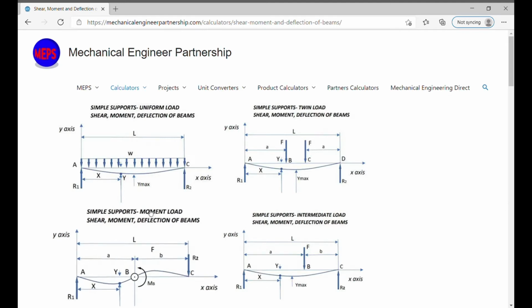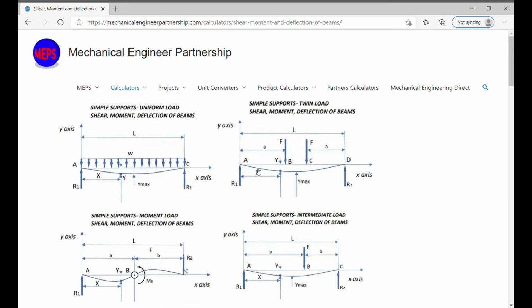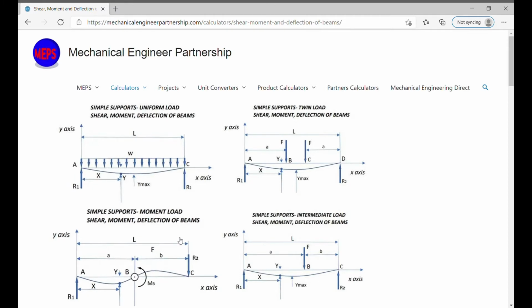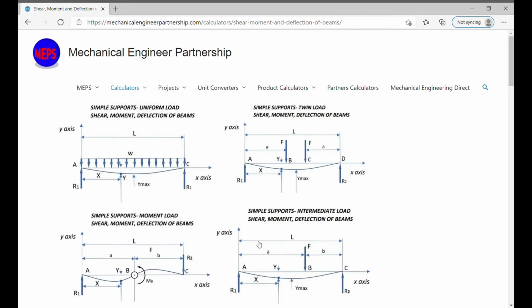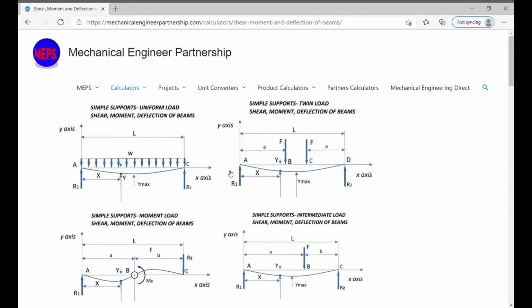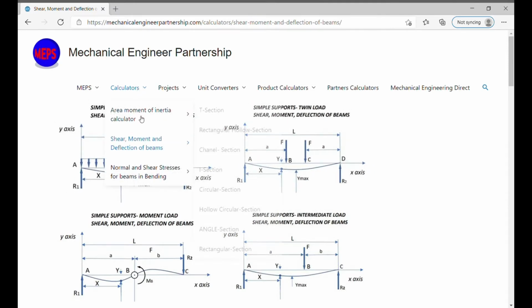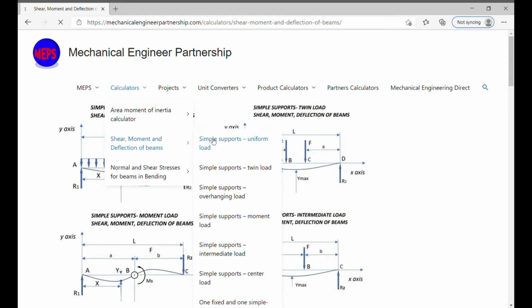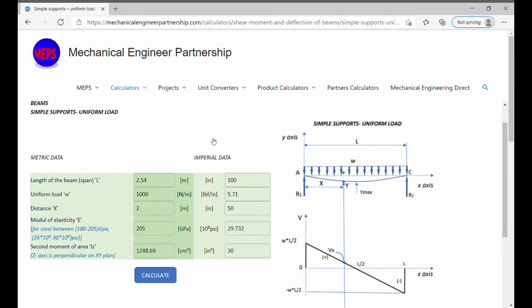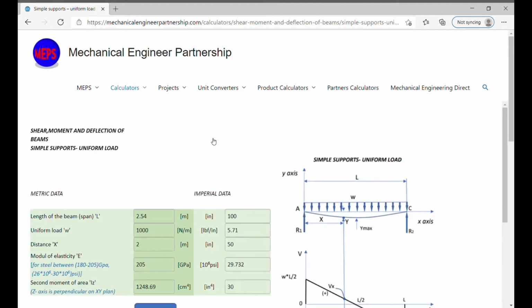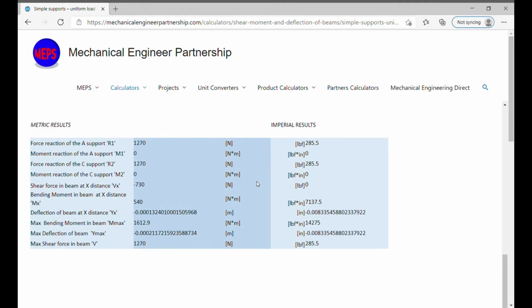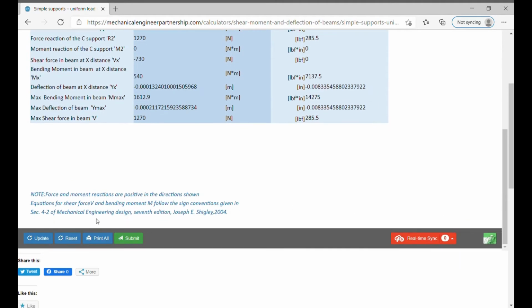Hello. In this video we will explain how to use the simple supports uniform load, shear moment, and deflection of beams calculator on the Mechanical Engineer Partnership website. In the menu bar choose Calculators, then choose Shear Moment and Deflection of Beams, and then choose the Simple Supports uniform load unit. All studies, materials, and formulas used in these calculation sheets are in reference with Mechanical Engineering Design,